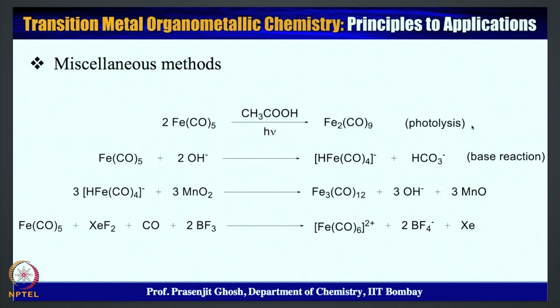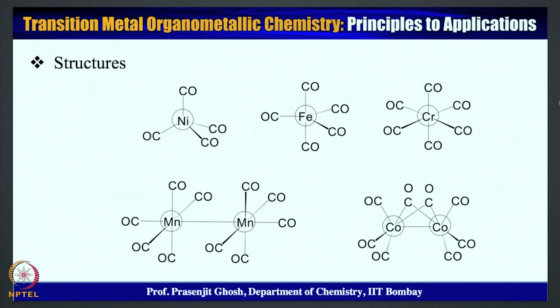Now, with that we are going to go to some important aspects of these transition metal carbonyl complexes, particularly their structure. Structurally they form a diverse class of compounds where carbonyls are disposed around the metal center. They can occur as a bridging ligand as well as they can occur as a terminal ligand, and the bridging can expand the scope from 2 center to 3 center and so on. So, we are going to take a look at some of the important structures of transition metal carbonyl complexes.